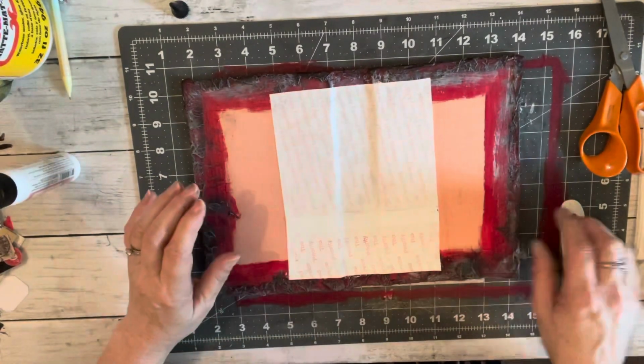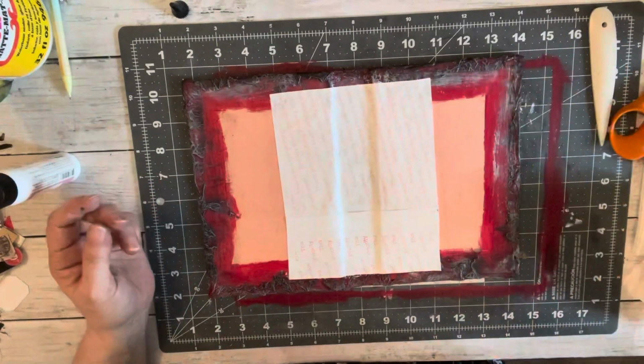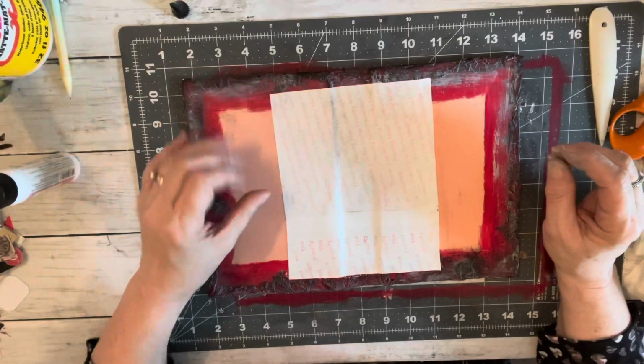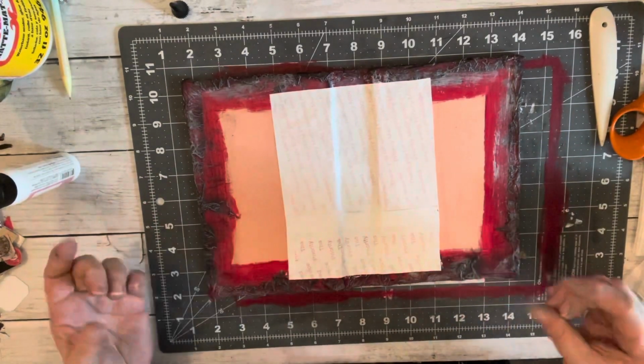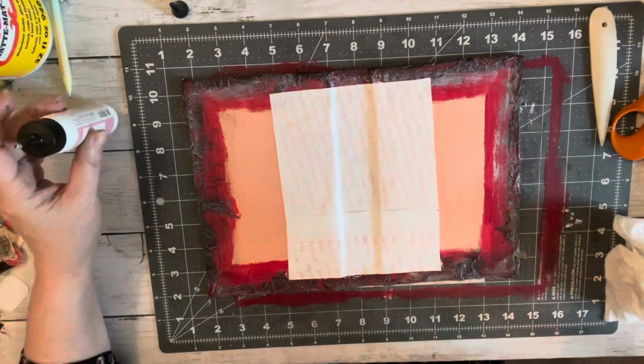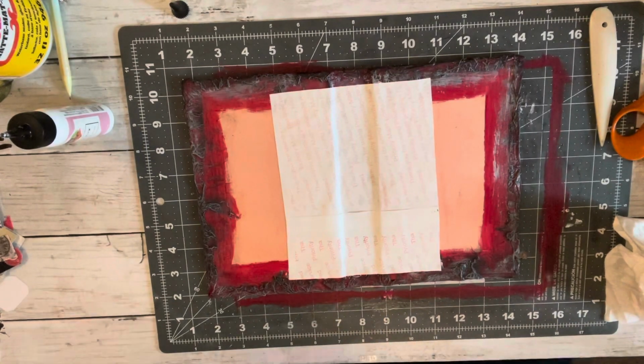But you don't have to have art glitter glue. I mean, Aleene's Tacky Glue works. There's so many glues out there. I just like the art glitter glue. But, you know, there's other glues. And we're just working with paper mainly, so...